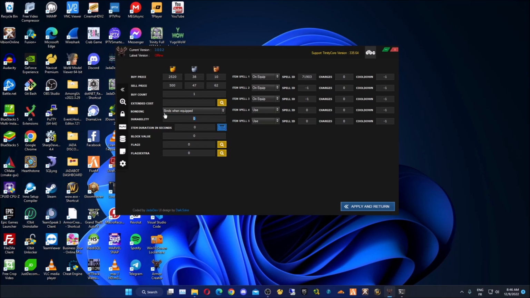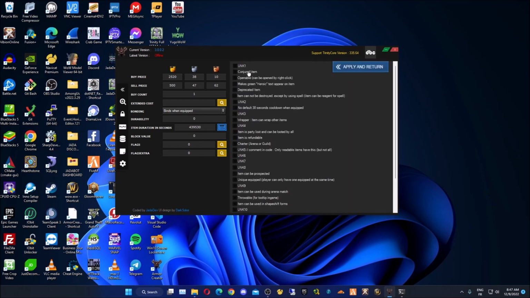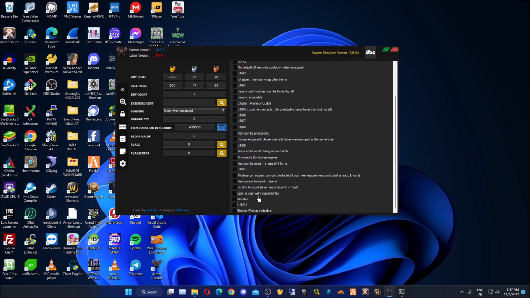No durability, yeah. So item duration in seconds. I can say this will last for 5 days, 2 hours, 5 minutes, and 30 seconds. And you click on calculate. So this is the value we want, and there we go. Now flags here, we can, for example, make it, okay,